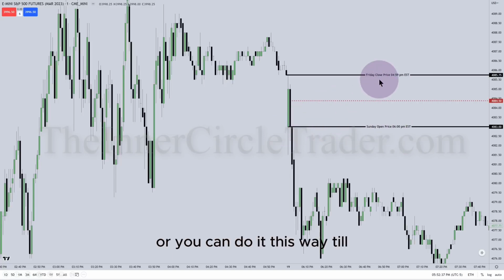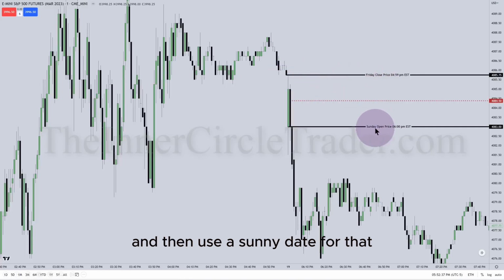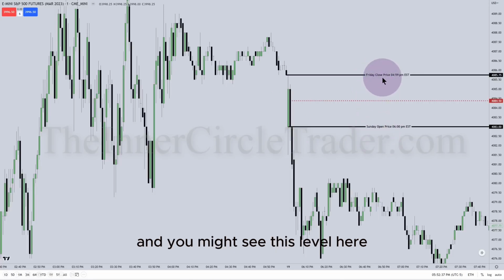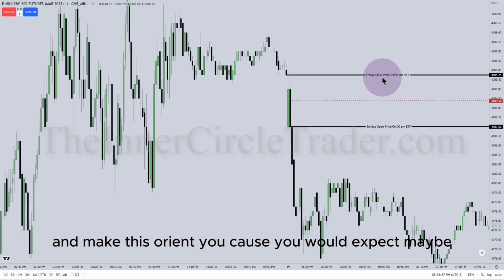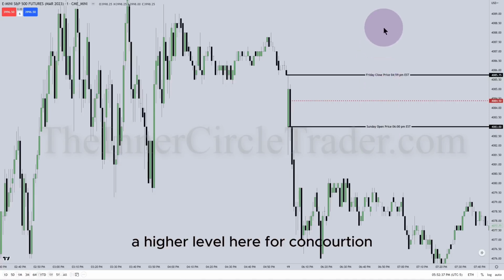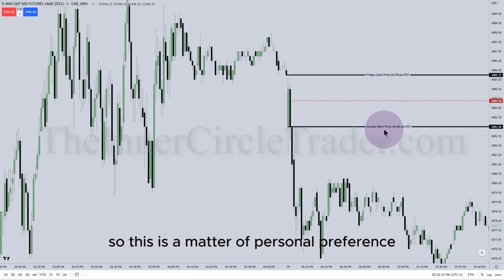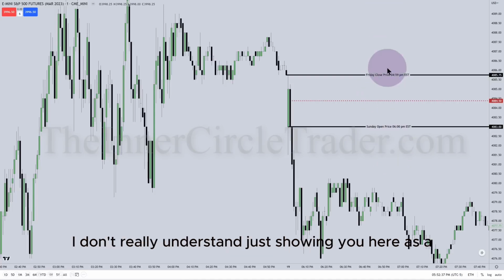Or you can do it this way too. You can do the Friday date here with that and then use the Sunday date for that. But I don't like that because you may be zoomed in and you might see this level here and it might disorient you because you would expect maybe a higher level here for consequent encroachment and then the opposing level of the new week opening gap. So it's just a matter of personal preference. I don't really annotate. I'm just showing you here as